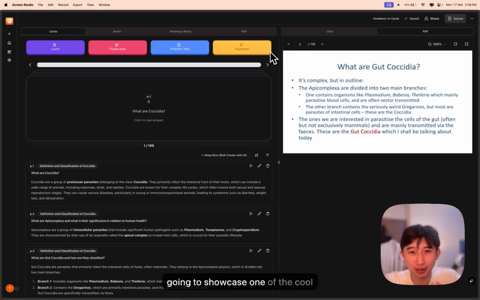Today I'm going to showcase one of the cool workflows that is a new feature within Memo, and this is pioneered and actually suggested by one of my friends in medical school. A lot of medical students, even students, actually use this sort of workflow, and that is PDF to Notion toggles. So primarily for memorization of large amounts of content, for example, in this case, microbiology, we would use